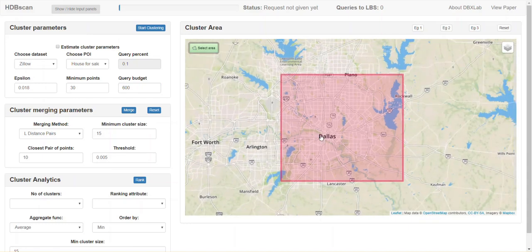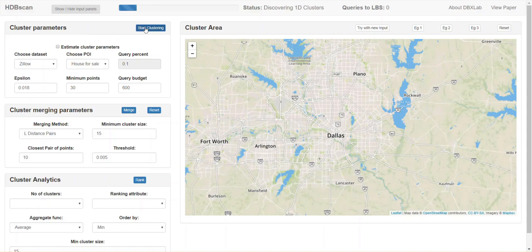So this example clusters Dallas downtown area and the suburban areas around it. And we found the optimum epsilon parameters and min points parameters, and we have keyed them in. So now let me go ahead and start clustering. Once you give start clustering,